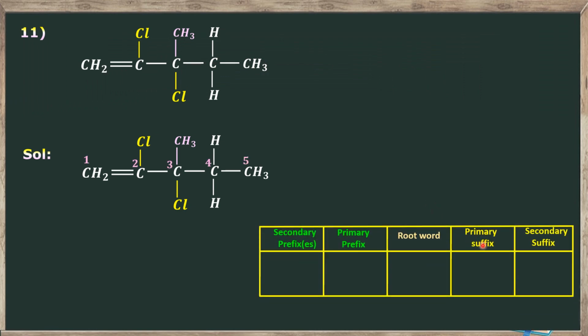Okay. So the root word is pent. Primary suffix, you can see here, double bond is there. It means "-en". And there aren't any secondary suffixes, otherwise functional groups. And only substituents or secondary prefixes are there here, chloro and methyl. So the IUPAC name of this organic compound is, you see here,